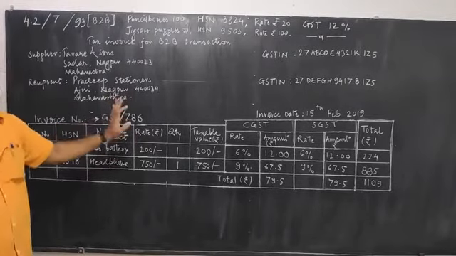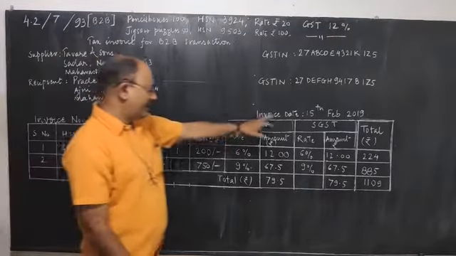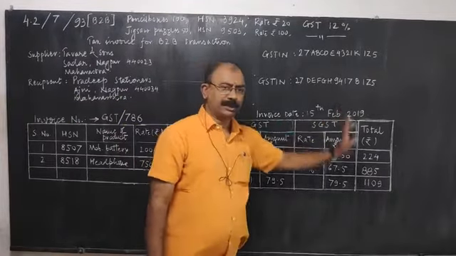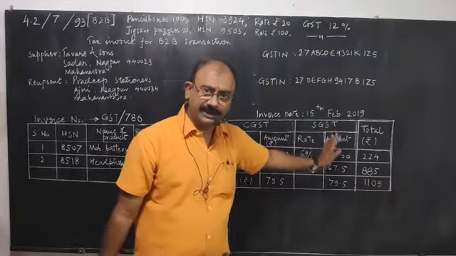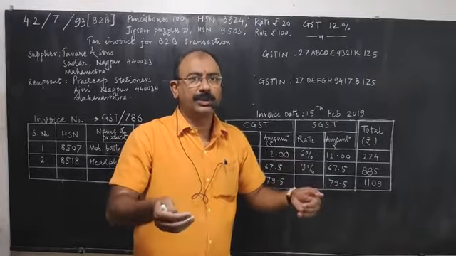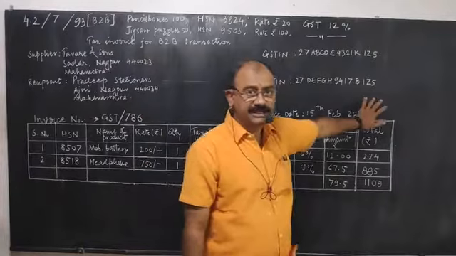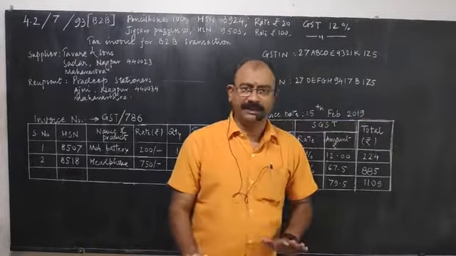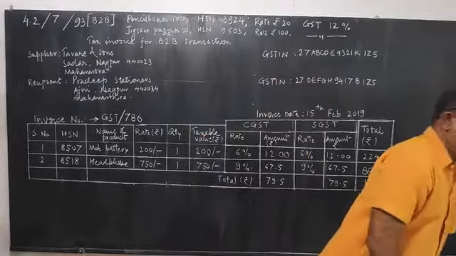Invoice number, some invoice number you write, okay, GST/786. Invoice date 15th of Feb 2019, some invoice date you write. So what is exceptional, or what extra have you done? The name of the recipient and his GST you have written. Rest is very simple. Now we are going to change the data here.